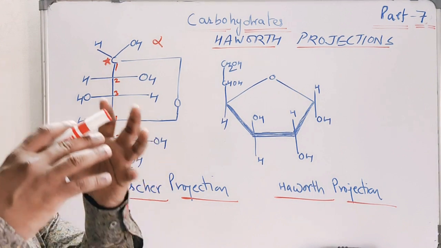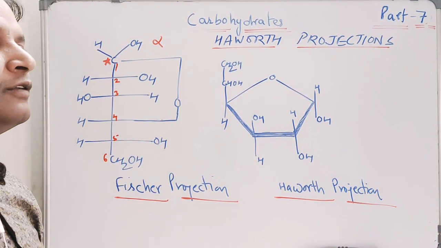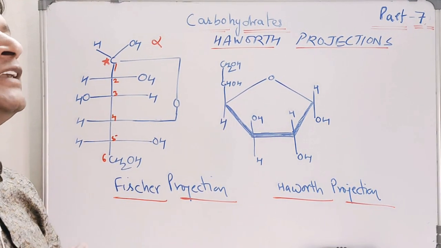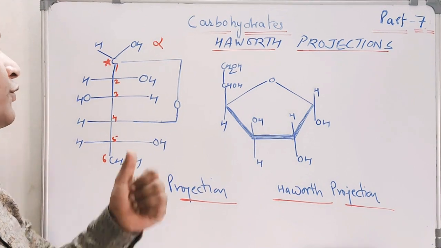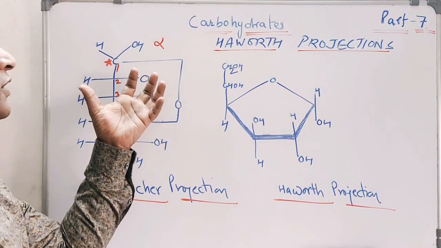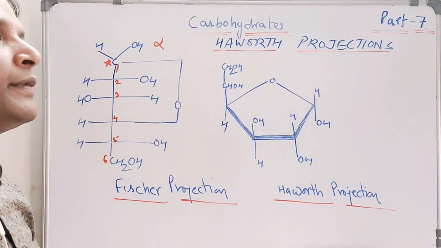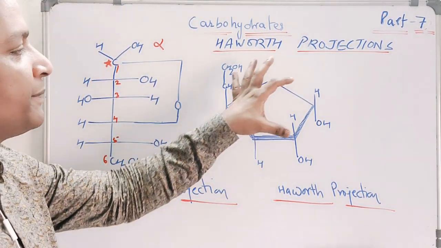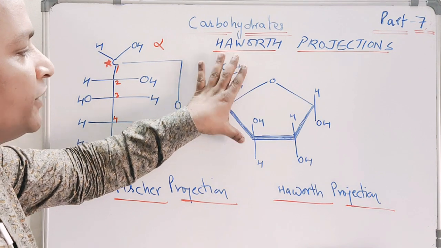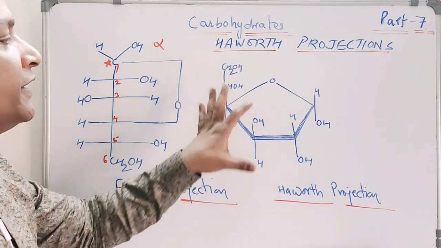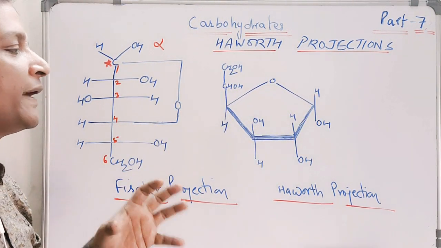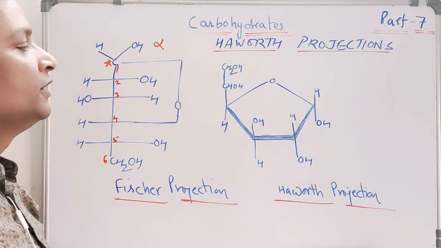Haworth projection is another way of writing our carbohydrate molecule in a much simpler way. In this simpler way, we indicate our Fischer form. If the Fischer form is a 5-membered ring, we indicate the 5-membered ring by a pentagon. So this is the pentagon. If you just ignore the groups and focus on the ring structure, the ring structure is the pentagon, and in this ring structure,